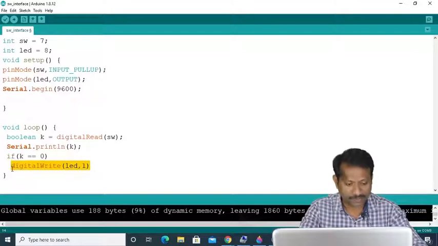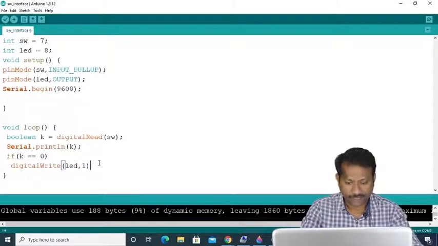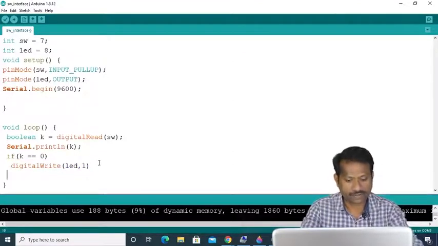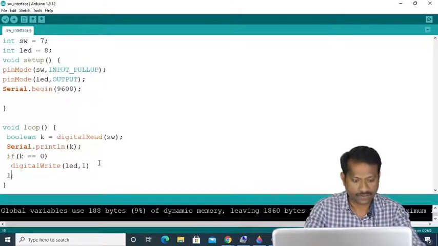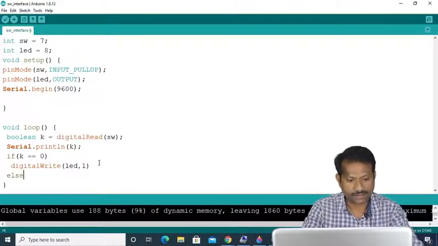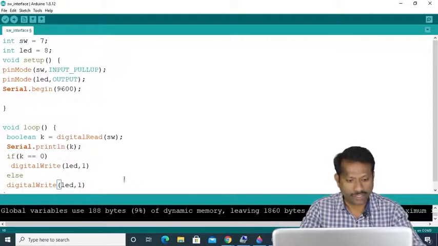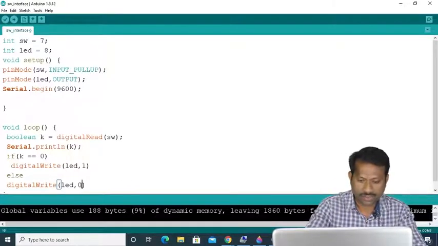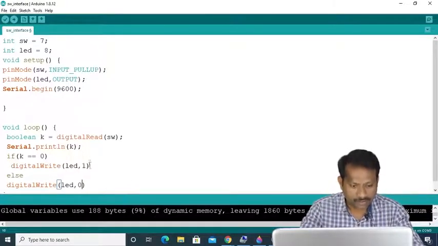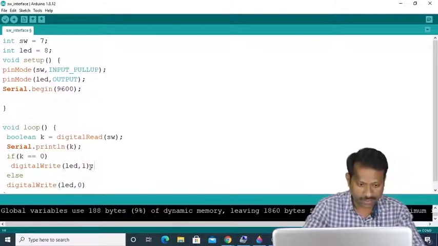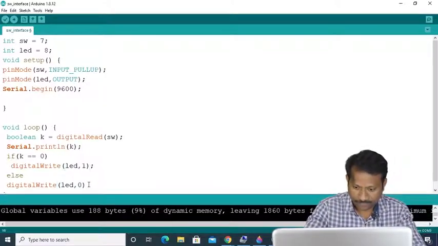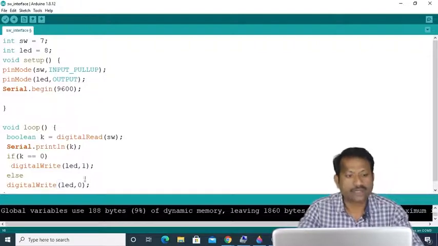So I copy this, and here I write else, and Control V, and here I make it 0. Now let me burn this program. Here there must be a semicolon, otherwise it will result in an error. Okay, let me burn this program.